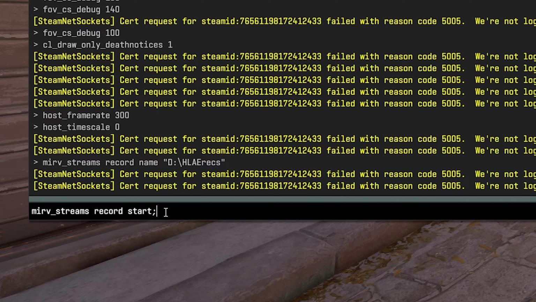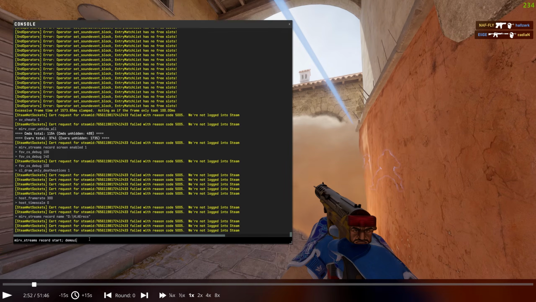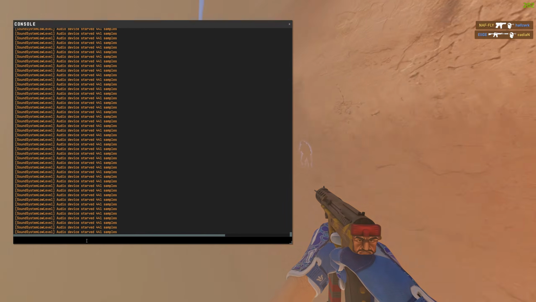If you put a semicolon after and then type in demo UI, it will allow you to execute 2 commands at once, so we can start the recording and close the demo UI at the same time. So when I press enter on this, it's going to start recording, this is going to disappear, and it will be recording. So I'm going to hit play, hit enter, escape to close that,